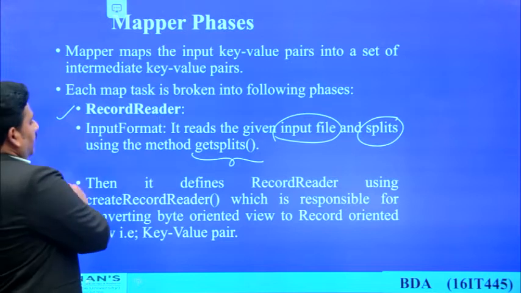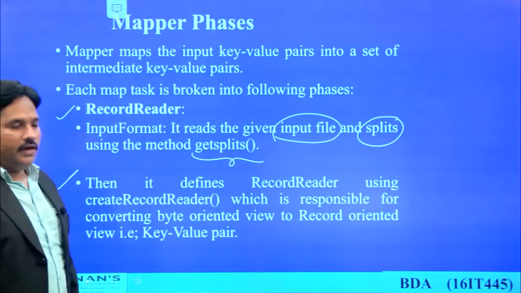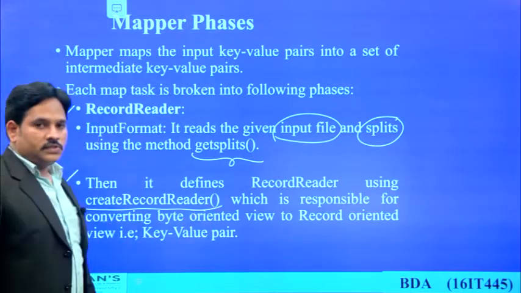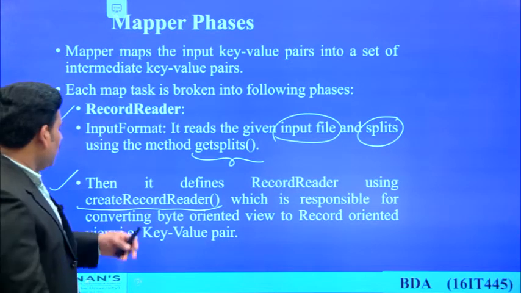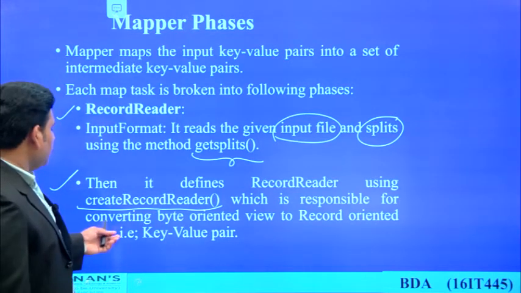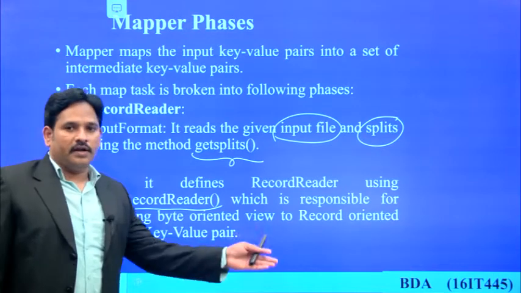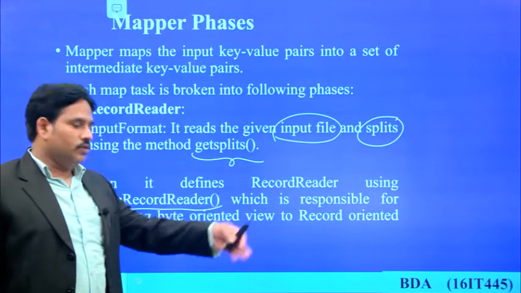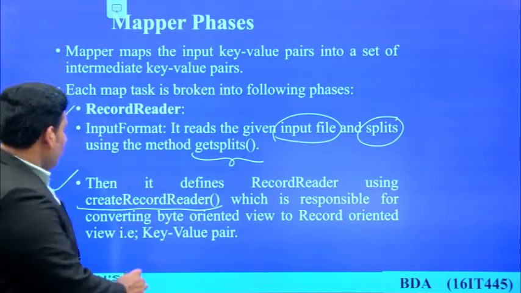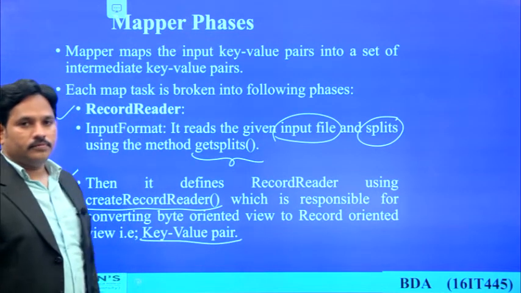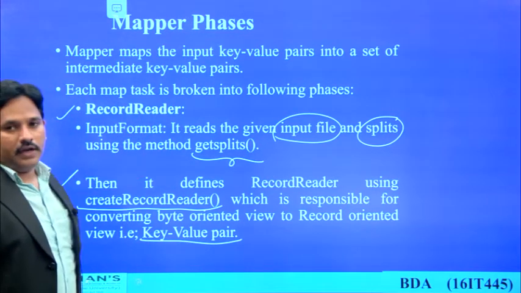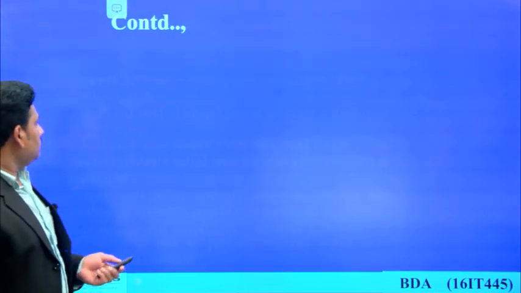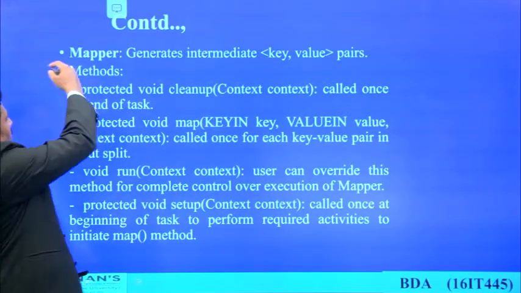and after splitting the data, it defines the record reader using a create record reader function. Here we are using another system defined or user defined function called create record reader, which is responsible for converting byte oriented view to record oriented view. That means it will convert ASCII data to textual representation in the form of key value pair. So here we are calling a function called get splits and a function called create record reader. And next we are using mapper